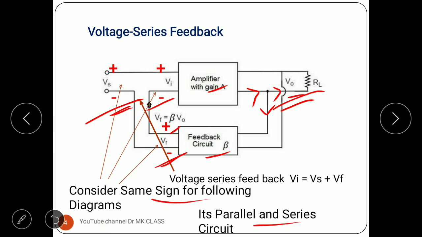But whatever we are saying here, voltage series feedback, this feedback is only considered at this end. Depending on that, we can identify voltage series or voltage shunt, current series or current shunt. Like that we can make it very easily. The first diagram itself is only complicated, I told all the terminology. From the second, it will be easy to understand.